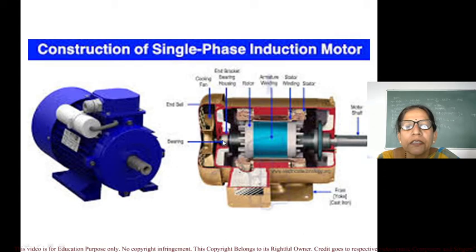Then here you will see the bearings. Then these are the end seals or end covers. Inside that you will see one cooling fan. Then this will be the base plate which we use for fixing the motor on the foundation. So these are the main parts: stator with stator winding, rotor with rotor winding, then the shaft which gives rotational motion, then the bearings, cooling fan, end covers, covering frame, base plate, etc.